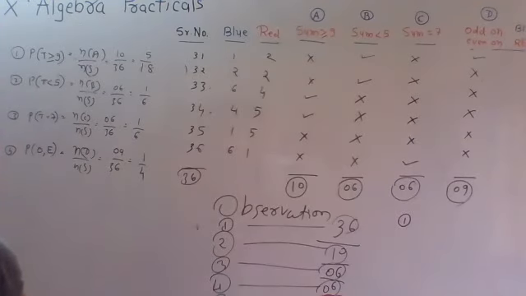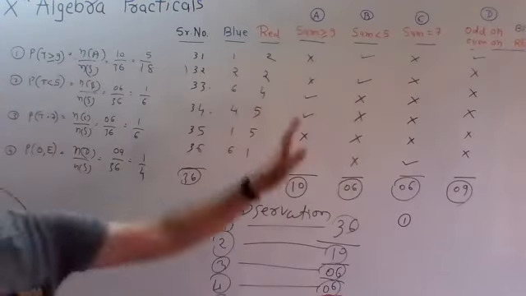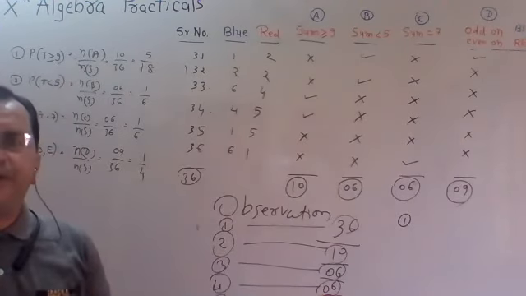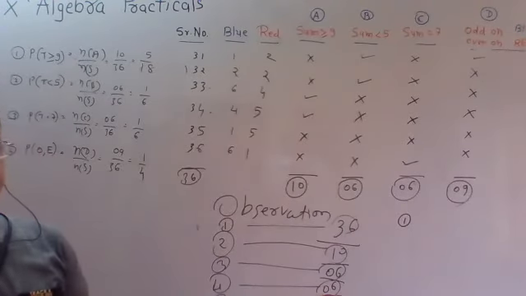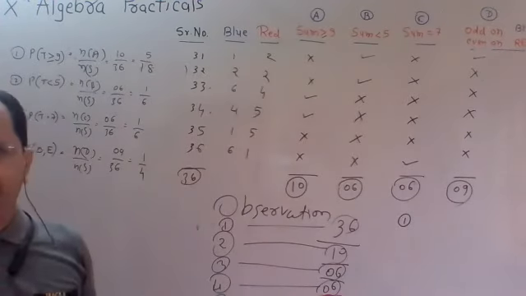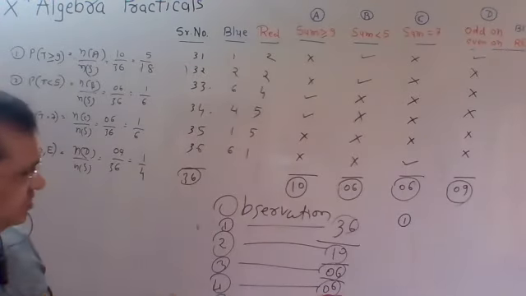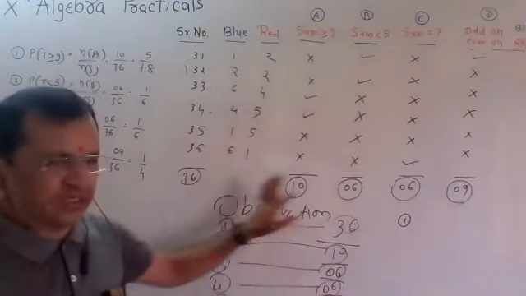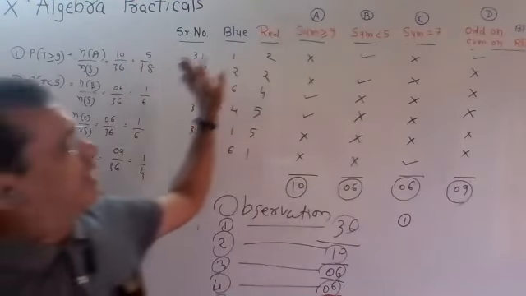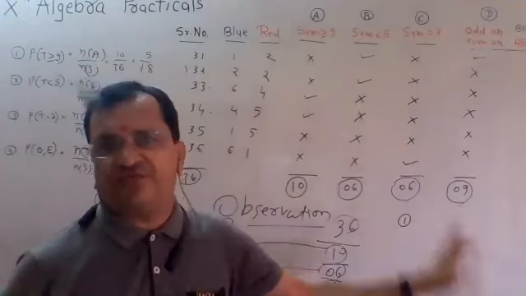In the exam, they will not give the dice from this 36 sample space directly. We have to enter it. And in one practical, don't be afraid that you have to complete all the parts. They will give this, so you have to fill only this observation, or either only the probability, or either any 10 parts you have to fill.